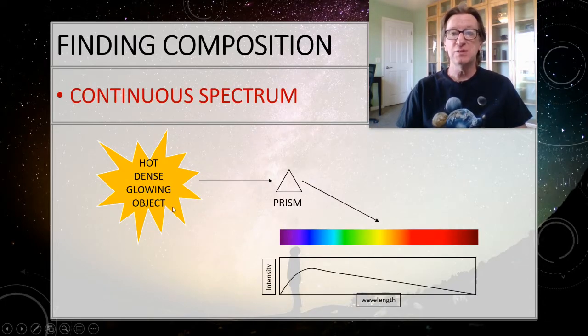We've talked about the continuous spectrum already. That's when I've got a hot, dense, glowing object, shines through the prism, and it makes that rainbow. But then you remember that we often will use this type of spectrum, this line spectrum, so that I can determine exactly how much of these different colors that we have. And then the peak color here will give us the temperature. If I know that plus the luminosity, then I can get the size of the object.